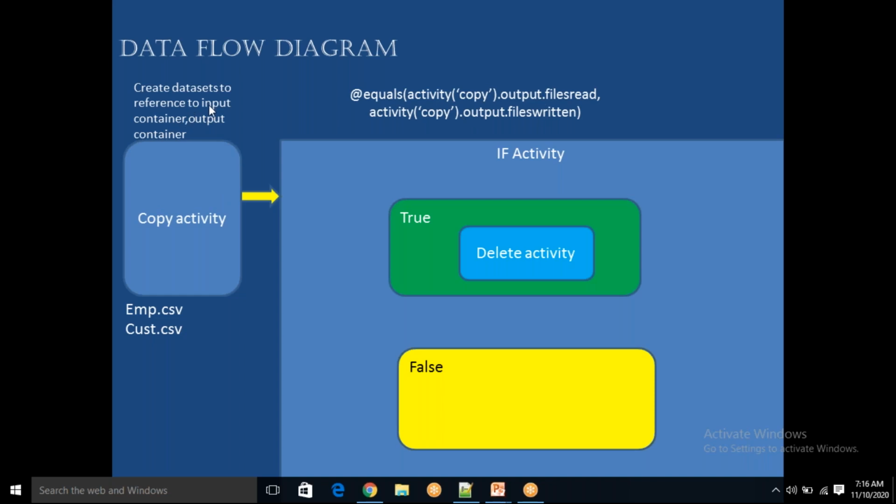Now, as I have the same files in both containers, I am going to remove the files from my input container.